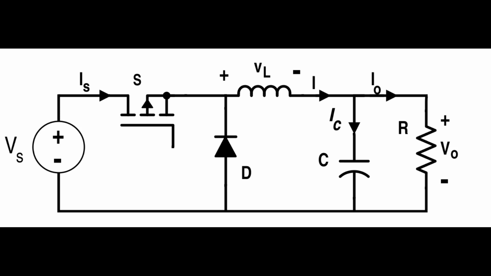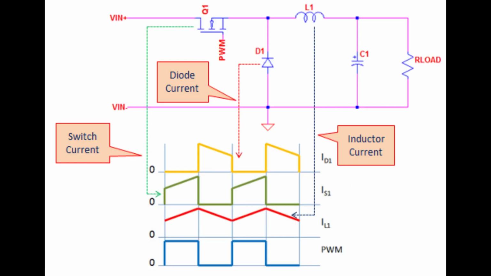When the switch S is opened, the current through the inductor will try to flow through the resistance or capacitance and then the diode. So the current through the inductance will always be continuous, but the current through the diode and the switch will be discontinuous. If we see the voltage across C, it will be pure DC voltage. We will see the next slide where all the waveforms are explained.